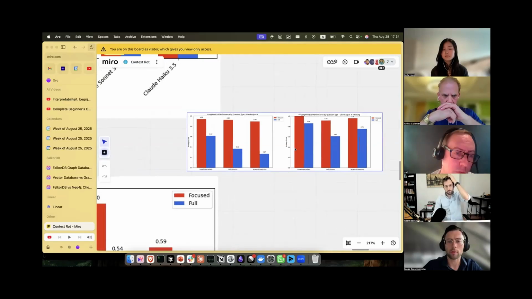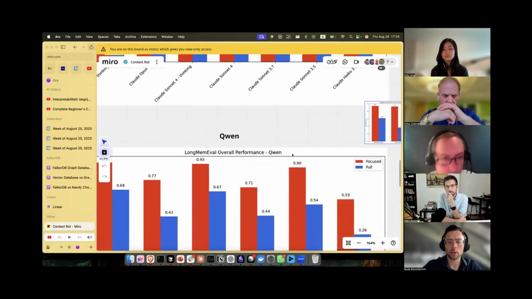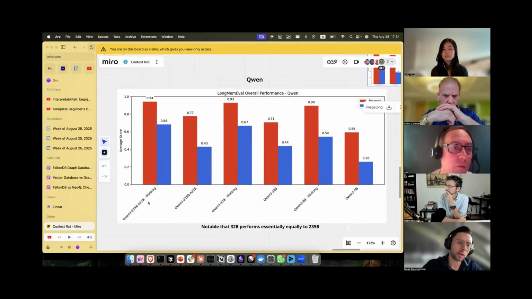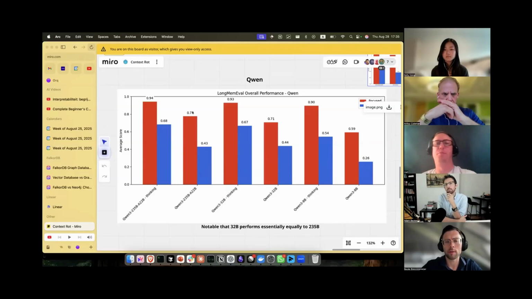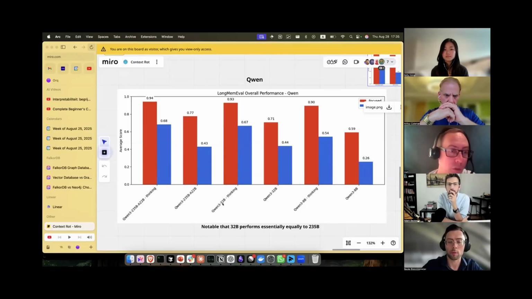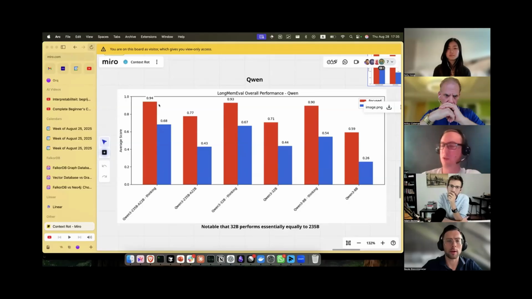The last one that we have here is Qwen, which does surprisingly well, I thought. The 235B, obviously quite a large model, is performing about as you would expect, and then the non-reasoning model drops in both, and it's doing surprisingly badly in the non-thinking focused context version here, only 77. What surprised me as well is how well the 32B is performing. It's almost matching the 235B on most of these benchmarks, right? 68, 67, 93, 94, and the same for the non-reasoning version of this.